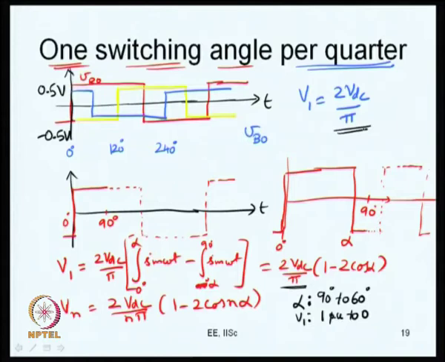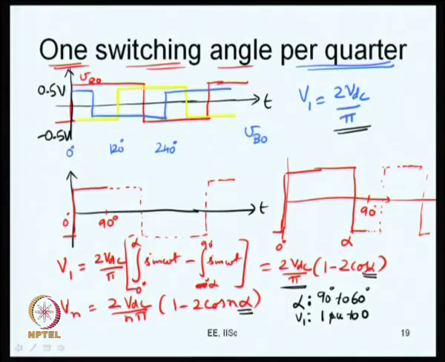So, here you have a capability to vary the fundamental voltage. We have only one control variable, namely alpha. We choose this alpha to give the desired value of fundamental. The fundamental may be 100%, 1 per unit, or it may be 0.8 per unit, it may be 0.5 per unit, whatever it may be. We choose a particular value of alpha, which will give us the desired fundamental voltage. Once we have chosen this alpha, we need to plug in the same alpha here, and that will give us the harmonics that are being generated. So, we have no control over them. We have to accept whatever harmonic voltages are there for this value of alpha.